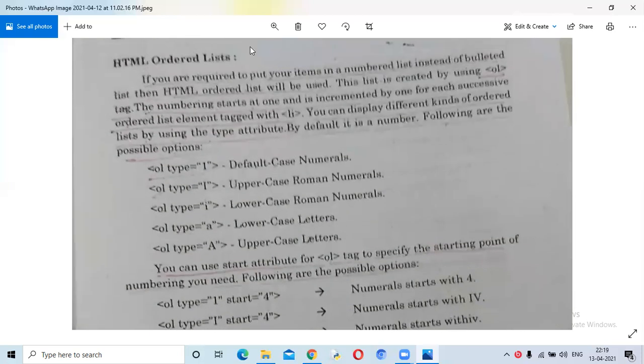So here, type equal to 1 is the default numerals, type equal to capital I is uppercase Roman numerals, type equal to small i is lowercase Roman numerals, type equal to small a is lowercase letters, and type equal to capital A